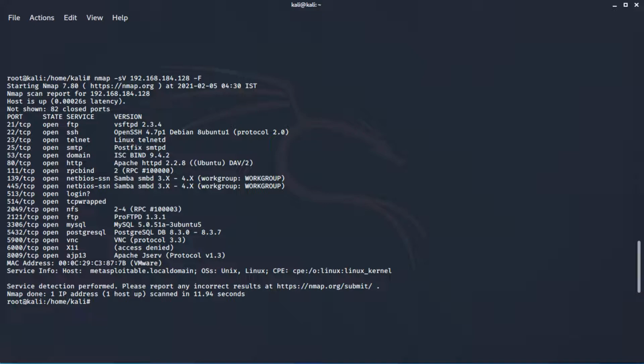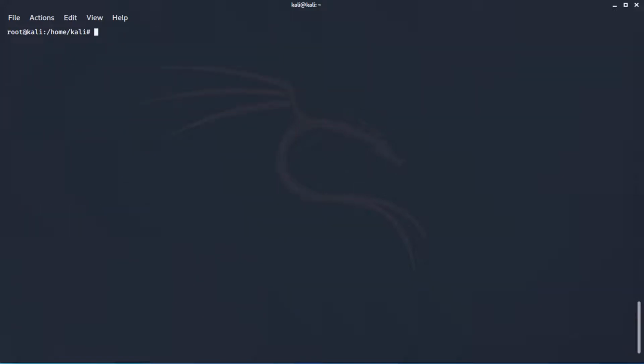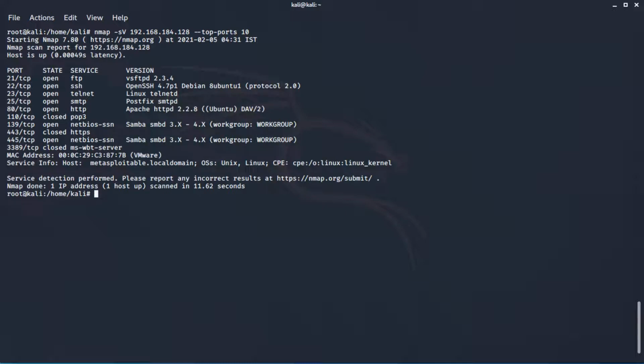Apart from that, if we talk about --top-ports, so if you go --top-ports 10, this would have a significantly lesser output than we had earlier. There we go. So this scanned only the top 10 ports which have been listed out in Nmap's top ports preference list. I think that would be it for the example part. Do try out these commands on your own. You can download Metasploitable Linux from the Rapid7 website, or you can also look it up on Google directly.